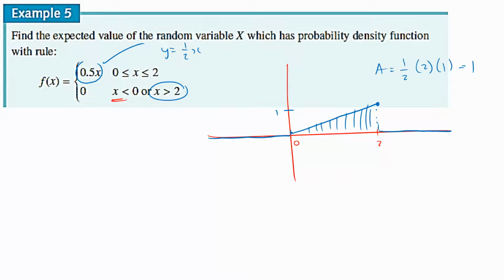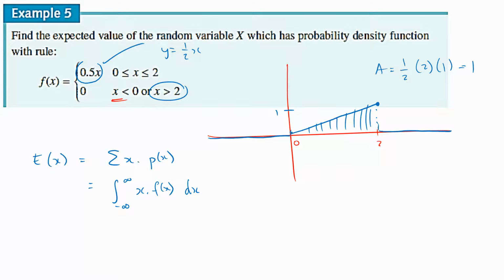Now, what's the question? They say find the expected value. So E of x. Now we know the theory. E of x was the sum of x times the probability of x. But because we're doing continuous, and we know because it says PDF, then this is the integration from negative infinity to infinity, meaning the area under the curve, x times the probability. Now probability is f of x, area under the curve, dx. That's what we're trying to find. We're trying to find E of x, which is that definition there.